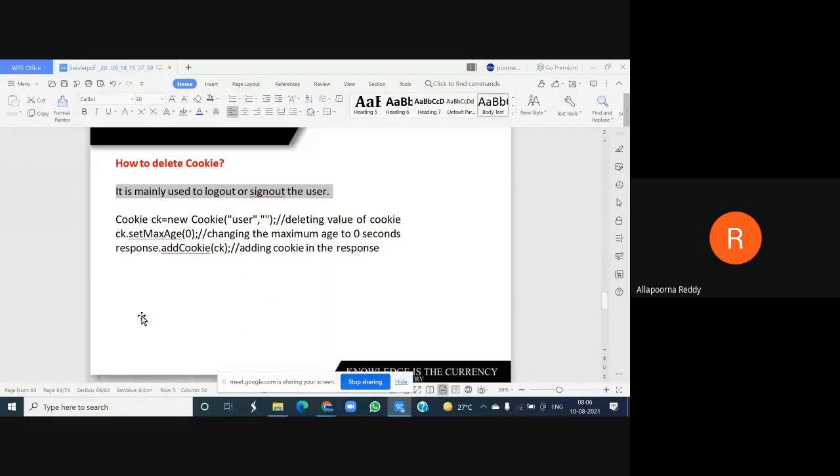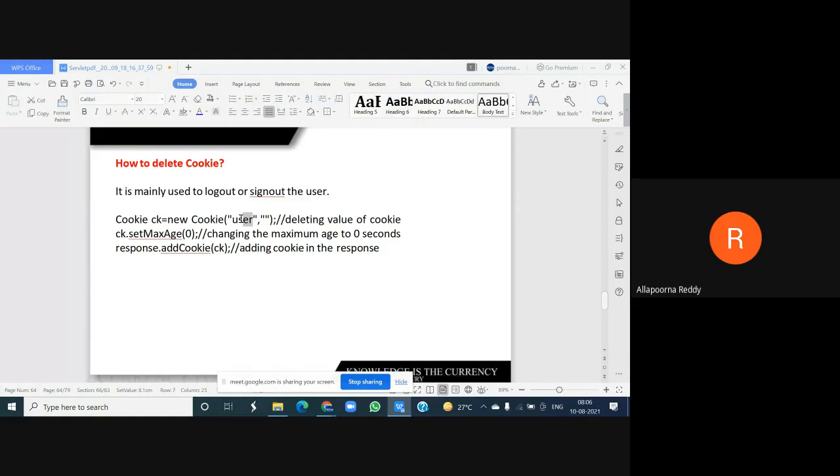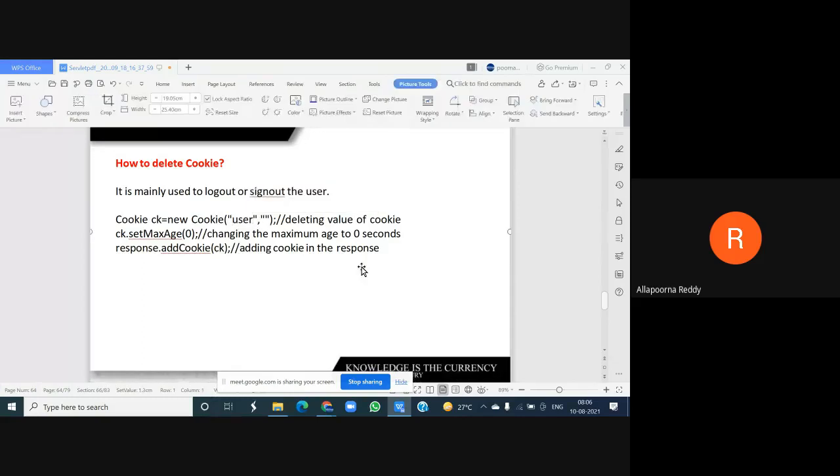for this purpose, you need to call your object once again, that is ck. Cookie ck is equivalent to new Cookie, right? You only need to maintain the string name. And the value, what is it automatically taken as? Delete. So you know what the value is; previously the value was Marwadi. If you give empty quotations, the value of the cookie can be deleted. Name and value both we are defining, and if you call it like this, it is automatically going to be deleted.